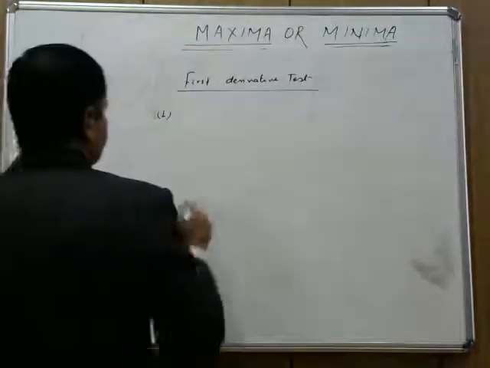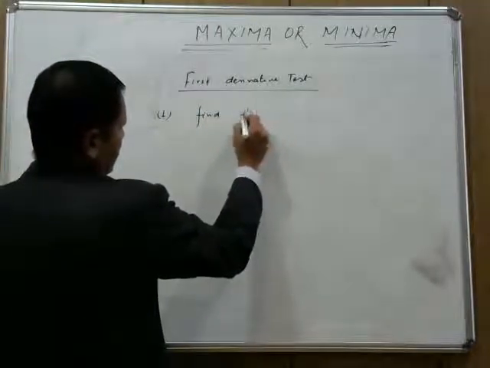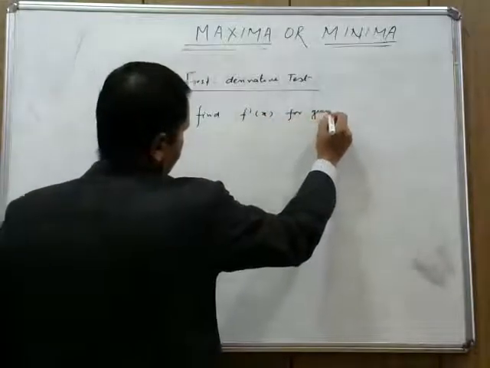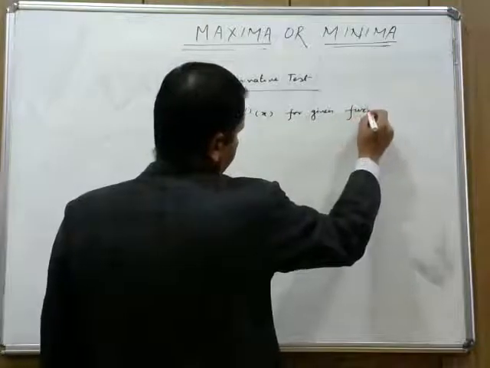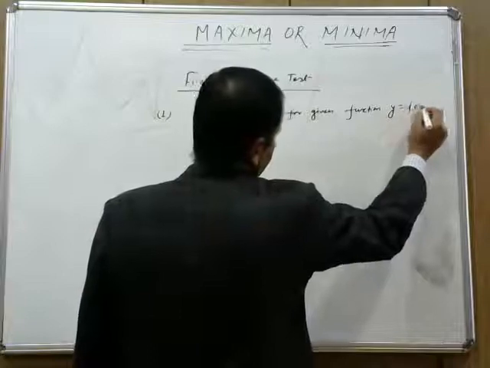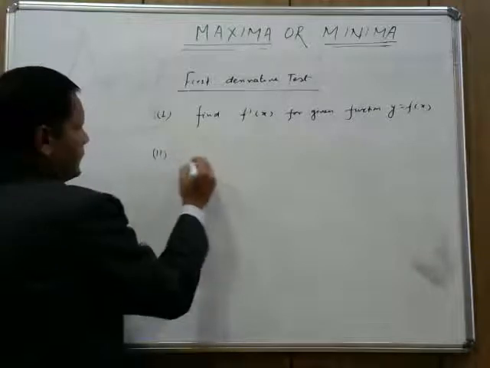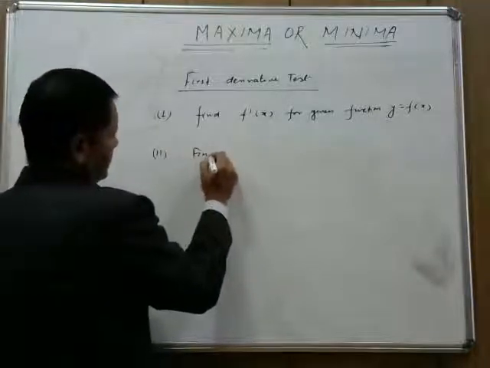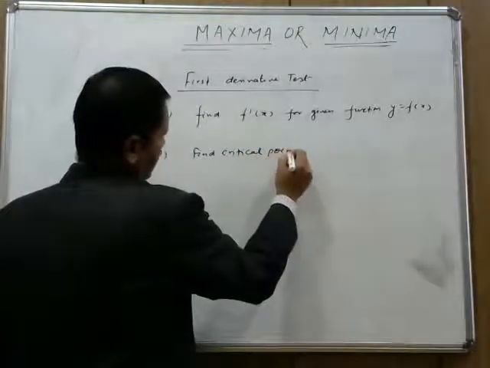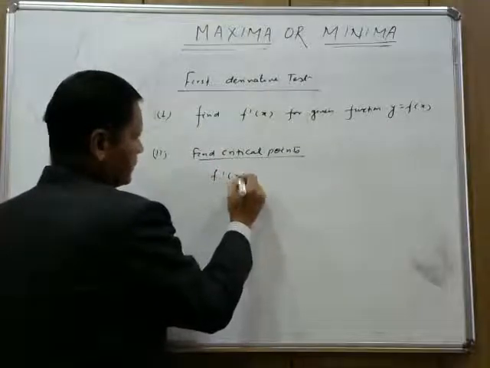First point, find f dash of x for the given function y is equal to f of x, right? Second point, find critical points. To find the critical points you have to put f dash of x